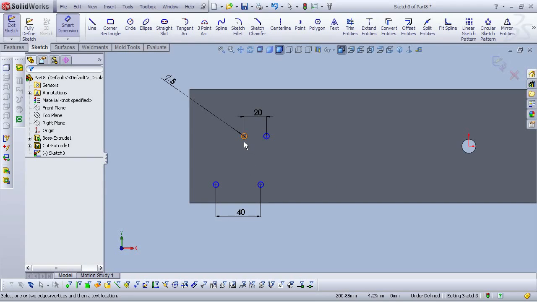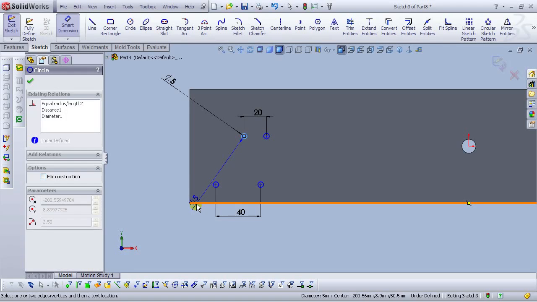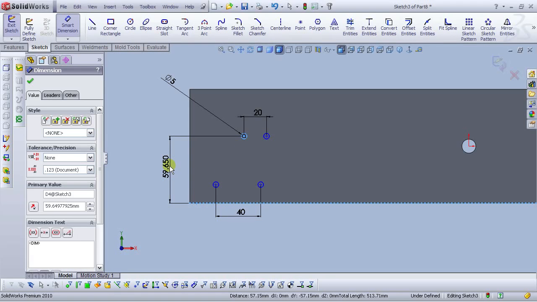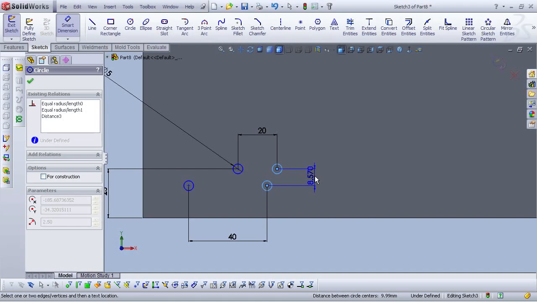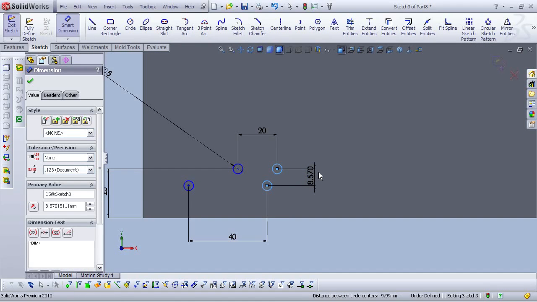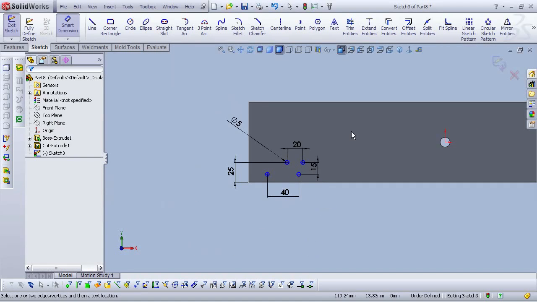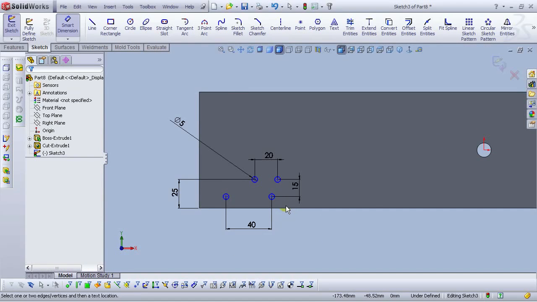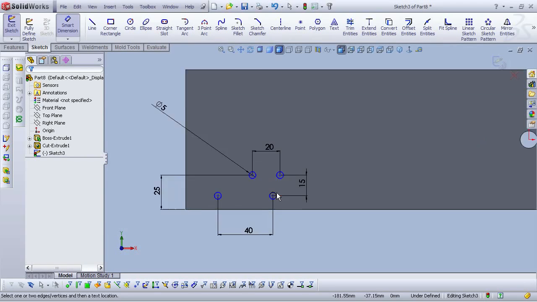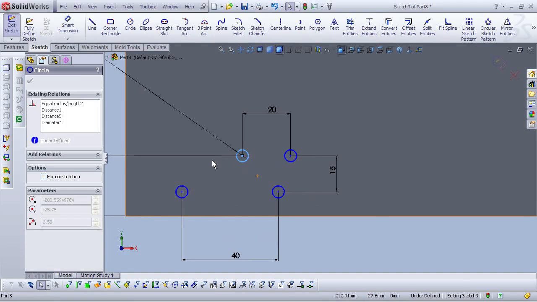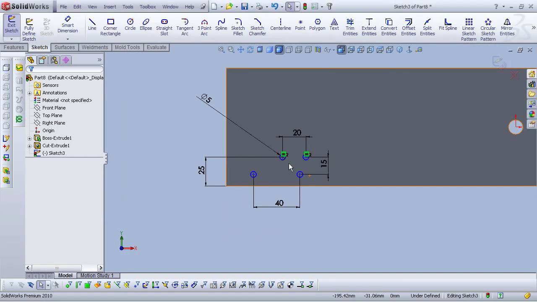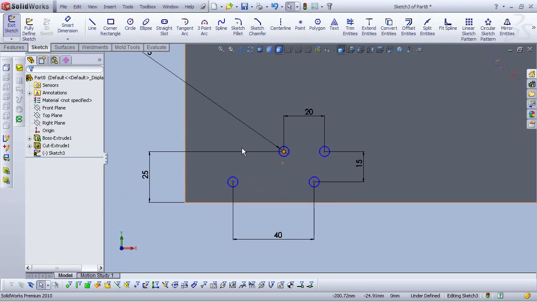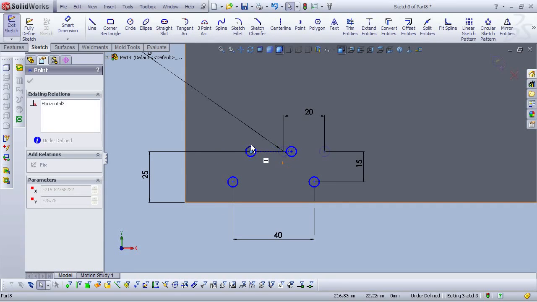Now let's smart dimension this and type from this 25 millimeters, and this dimension will be 15 millimeters. Okay, but now let's move this a little bit right about here. Okay,